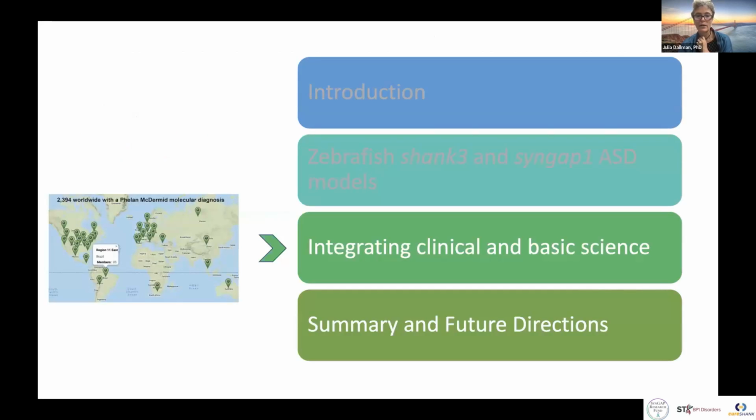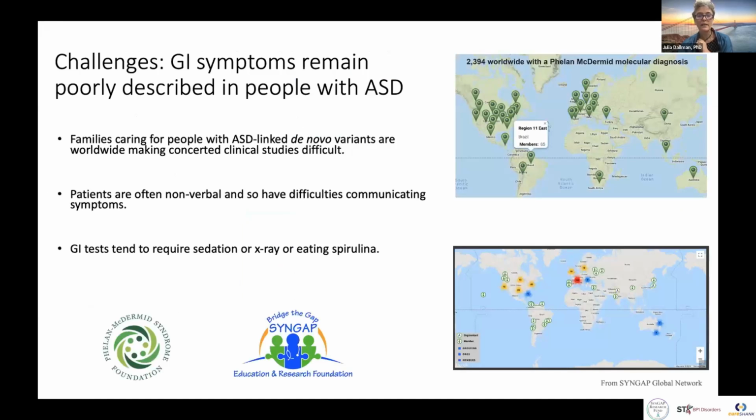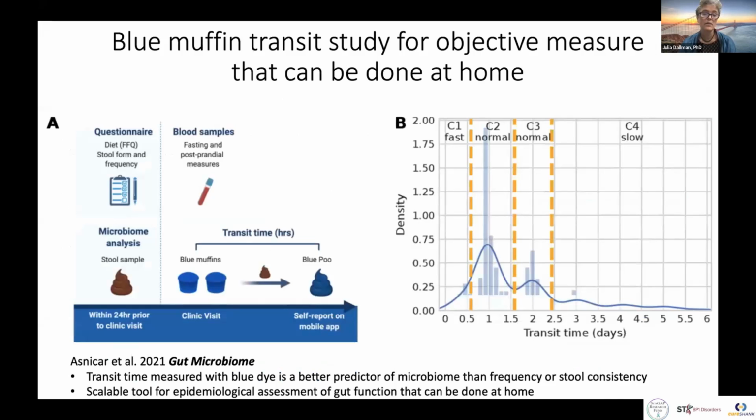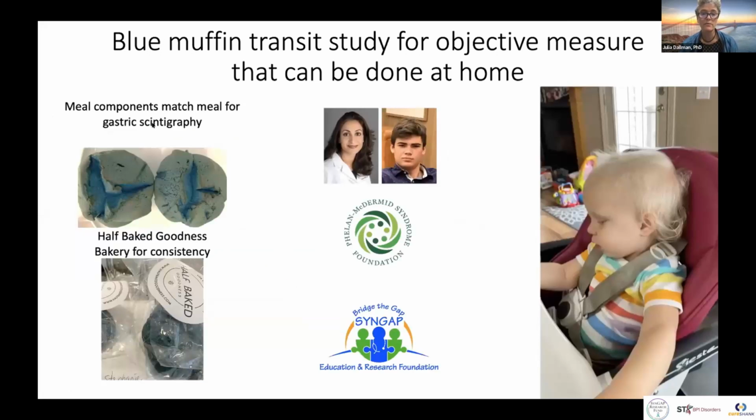Okay, I'm losing time, so I wanted to tell you that we're also trying to contribute to better understanding GI symptoms in neurodevelopmental disorders. And one way is, as mentioned by Terry, it's really important to have objective measures. And so it turns out that you can measure whole gut transit time by eating a muffin with a blue dye in it. And this was actually done on an epidemiological scale in England, but not with kids with neurodevelopmental disorders. And we also have, in collaboration with Baharak Moshiri, who's at Atrium Health, we developed a